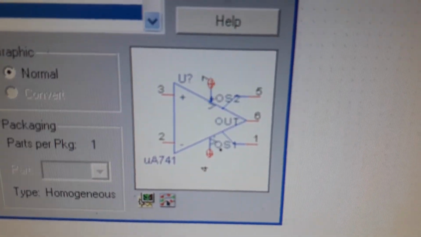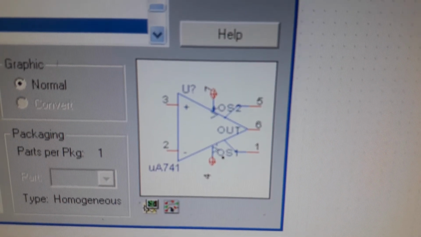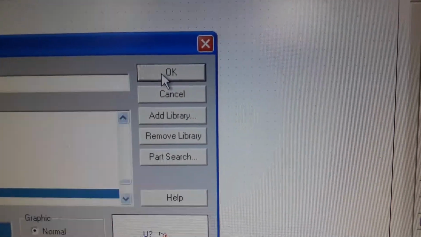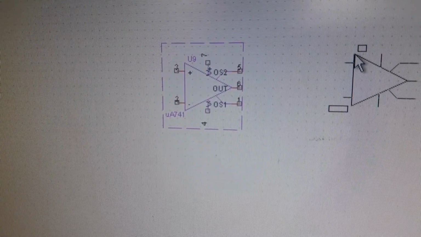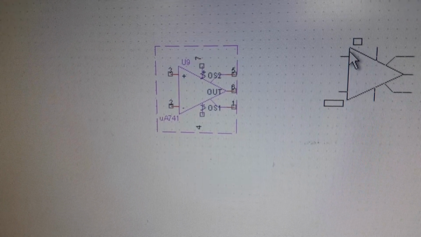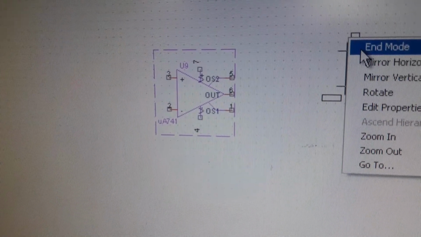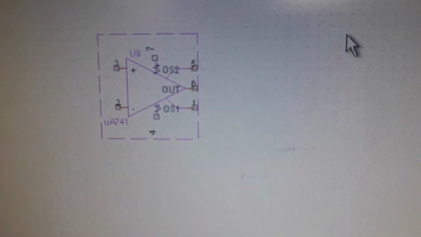Click on OK. So place this. You can place it here, and you can place as many UA741 as you wish, but we require only one. So right click, end mode.